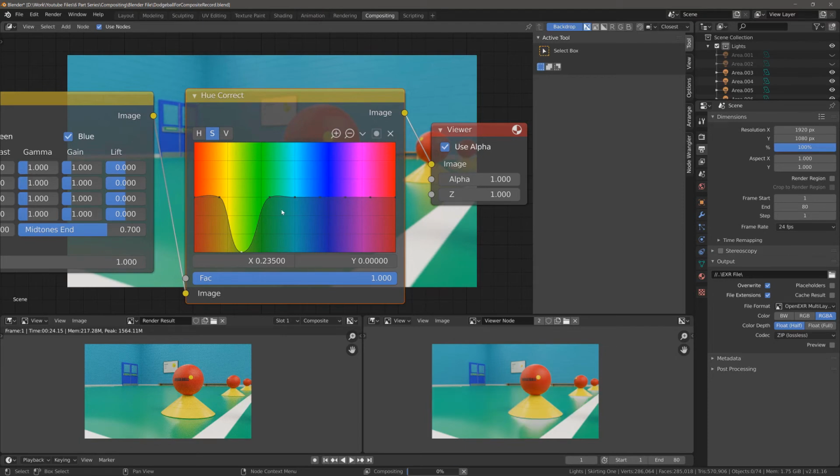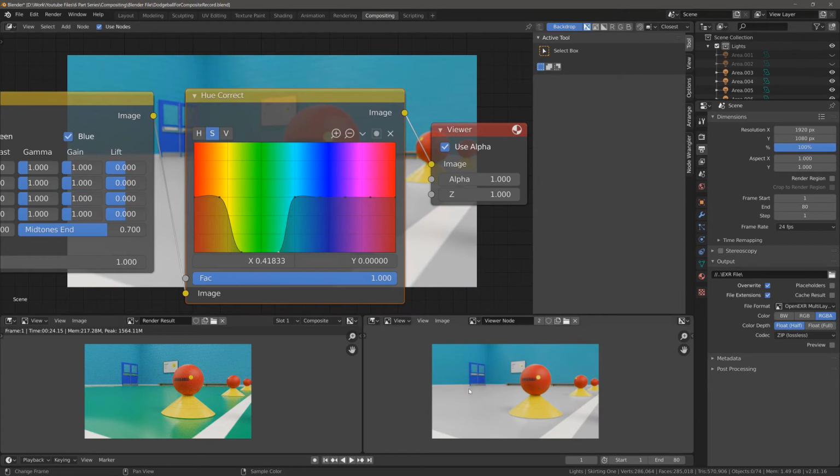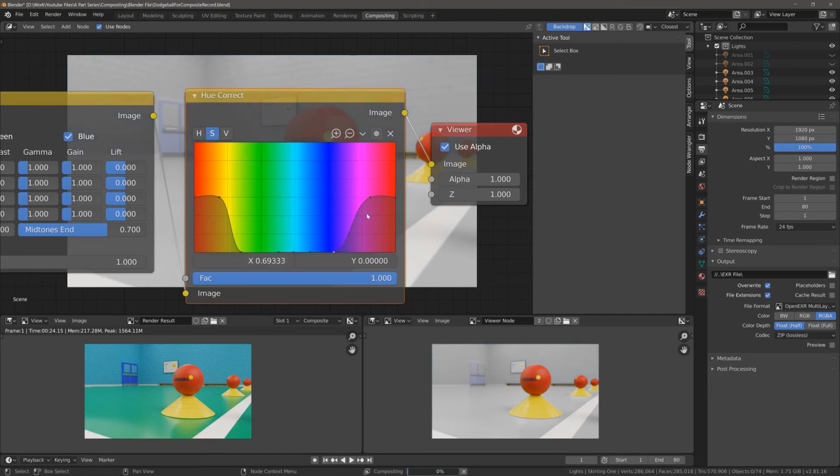As soon as I do that, you will begin to see that it's having an effect here on our floor. Now if I take this one and move it all the way down, just let that composite, now the entirety of our floor here has lost its color because the green values here have basically been set to 0. So let's continue to do that with these other colors. So just bring them down, and as we continue to do that, we continue to reduce the colors that are visible in our image. So I'm going to reduce this one to about here,